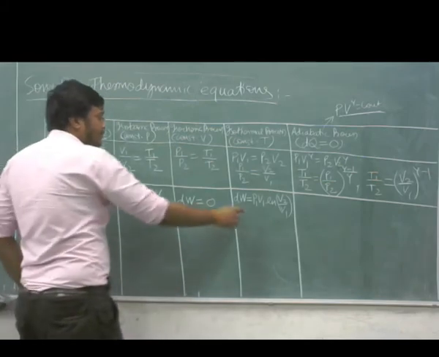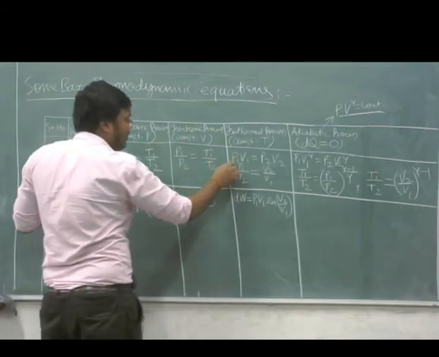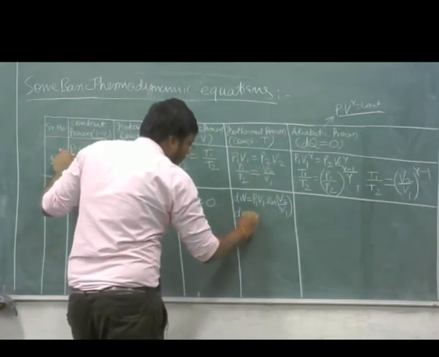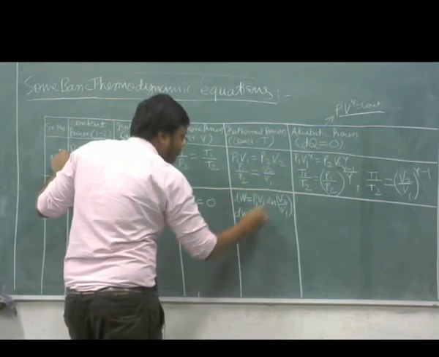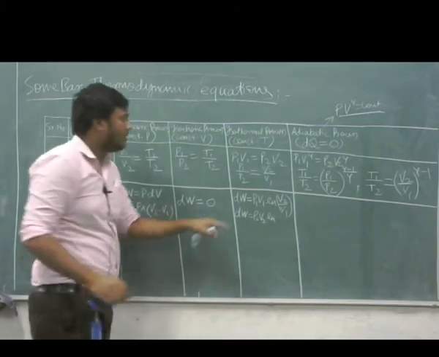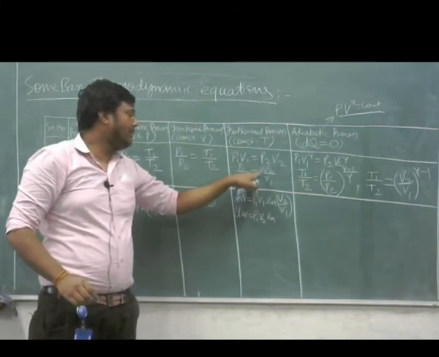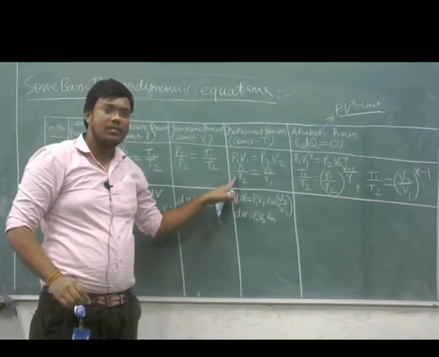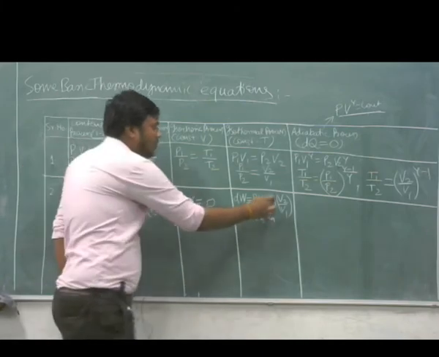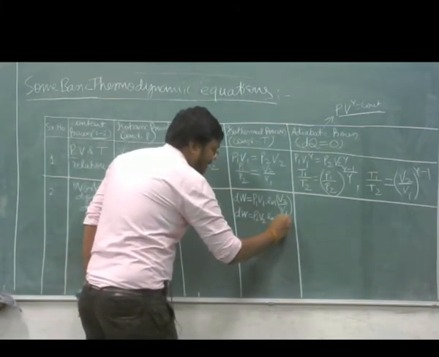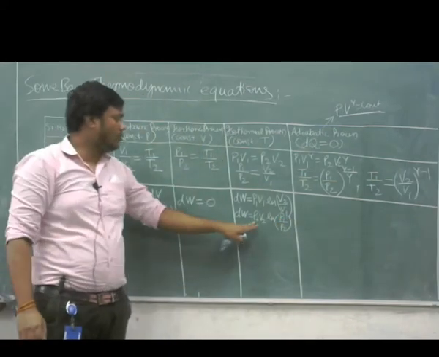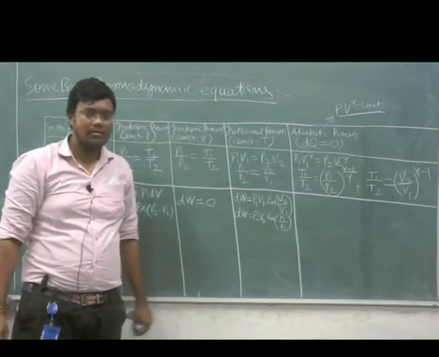In the first formula I said that P1 V1 is equal to P2 V2. So we can also write dW equal to, in place of P1 V1, P2 V2 ln, and in the second formula you can see that V2 by V1 is equal to P1 by P2. So we can replace V2 by V1 with P1 by P2. So we get another formula: dW is equal to P2 V2 ln P1 by P2.